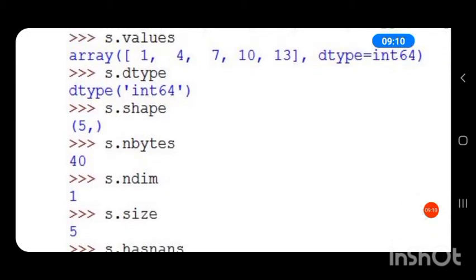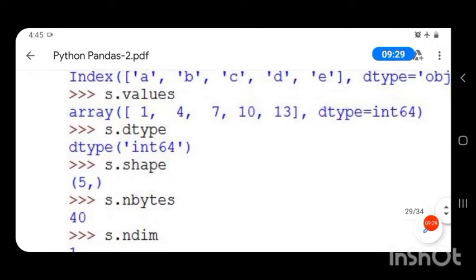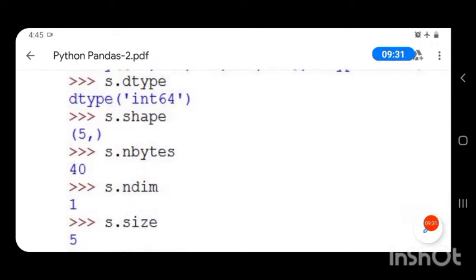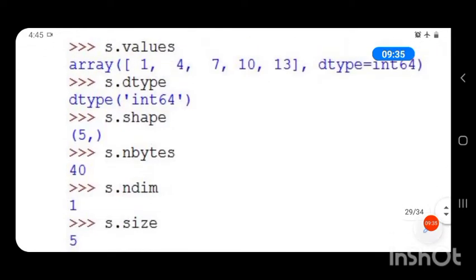Then S dot n bytes. N bytes returns the total amount of bytes occupied by the series. So we have 5 values in this series: 1, 4, 7, 10, 13. There are 5 values in this series, and I told it is of data type int 64.